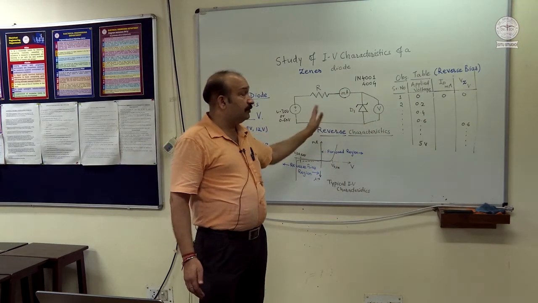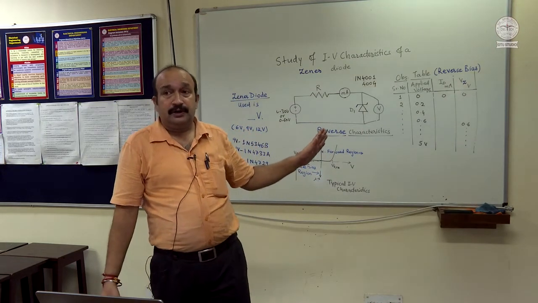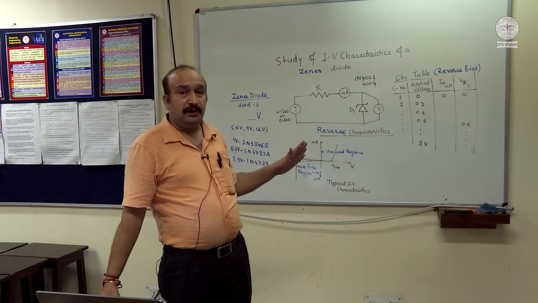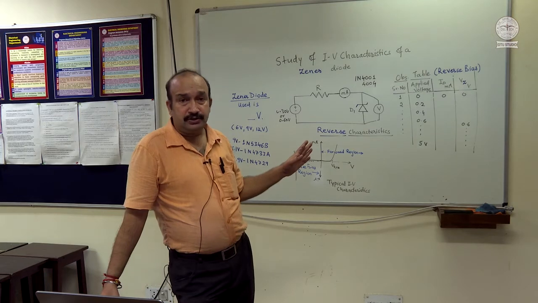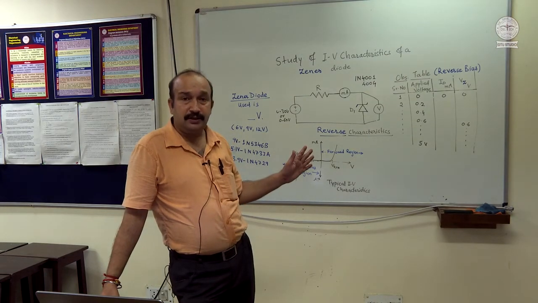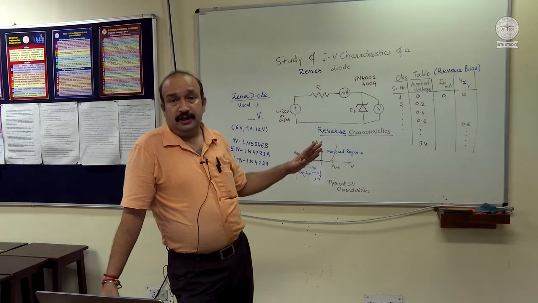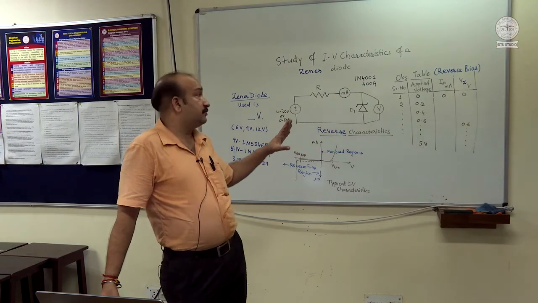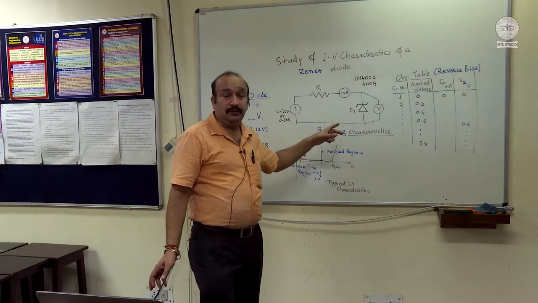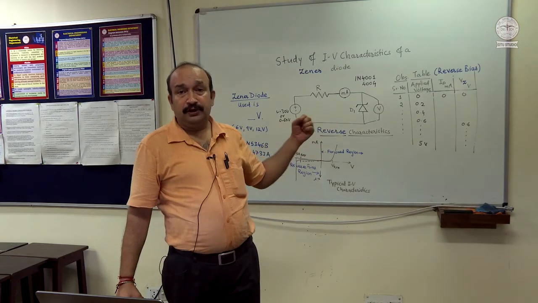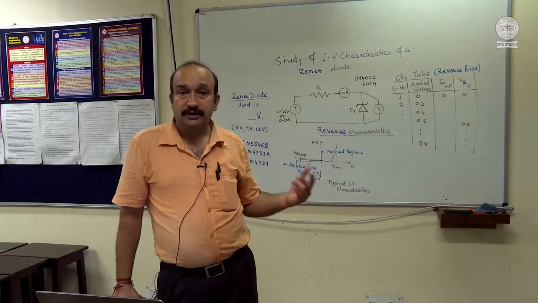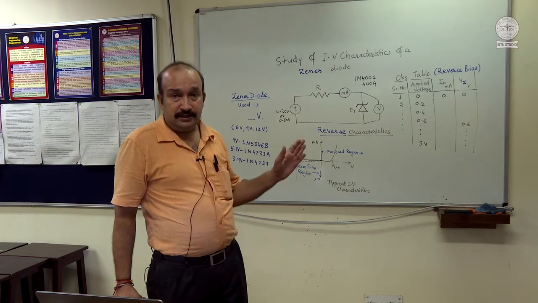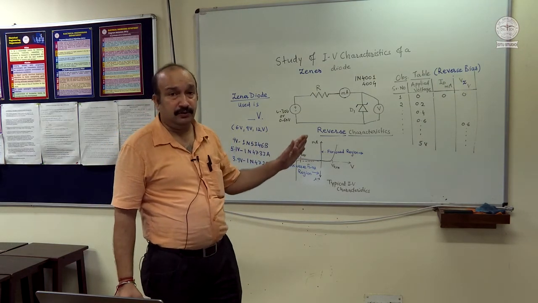Normally the PN junction diode which breaks down in reverse bias, that breakdown is known as avalanche breakdown. It is uncontrolled. As soon as the breakdown voltage is reached, the diode starts conducting in the reverse bias and the current goes on increasing, and it may lead to a destruction of the PN junction. It is irrecoverable, but in case of a Zener diode, it is a controlled breakdown, and as soon as you remove the reverse bias, the Zener diode recovers and it can be put to use again. It is not a destructive breakdown. That is why Zener breakdown is different from the avalanche breakdown.